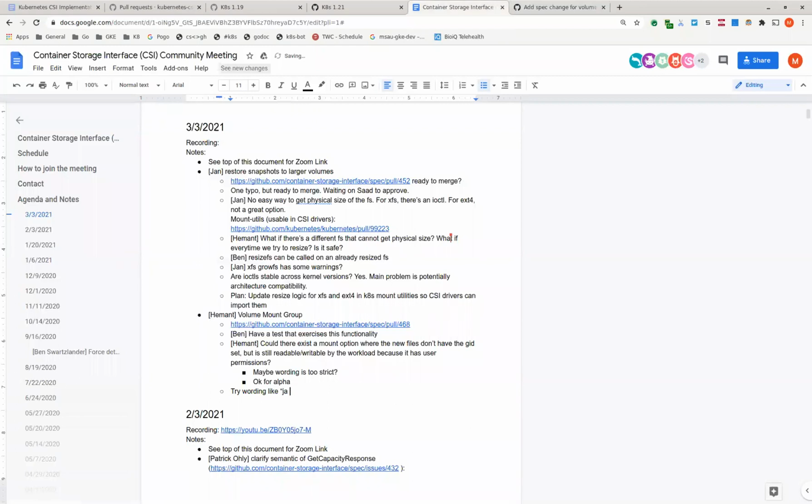Should the CO do something with that error, the failed precondition? Yeah, in this case the CO cannot really do anything. The recovery says the caller must not retry until node publish volume uses the same value as the one that was used during node stage.